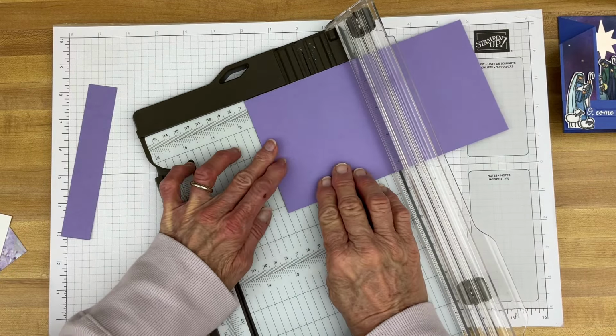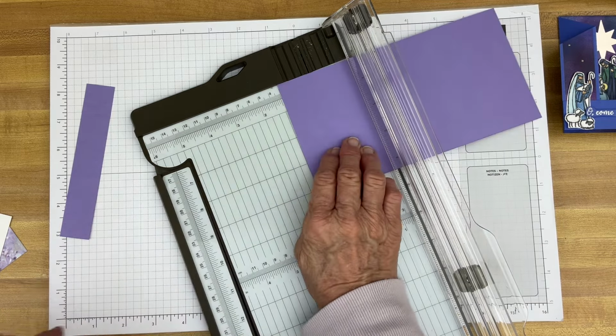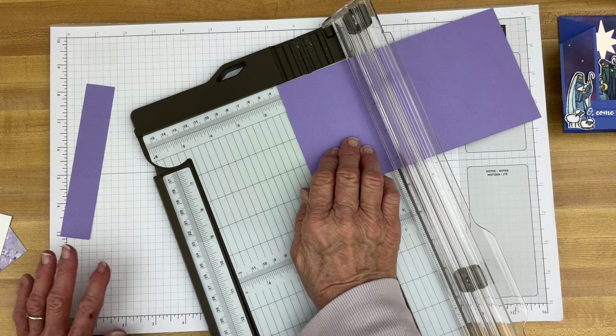And we're going to score again. And then I'm going to flip my cardstock and do the exact same thing. Not flip it, just turn it around, and do the same thing. Now, if you'd prefer